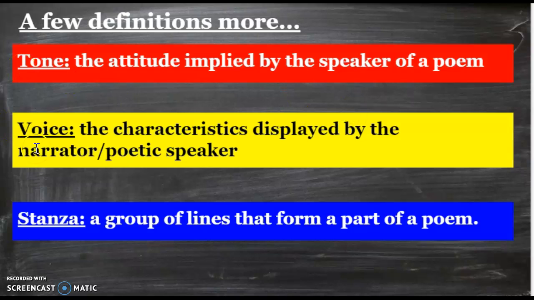Voice, so this is characteristics displayed by the narrator or whoever is speaking. So we can talk about the voice of the poem being whatever we hear or see from that person that's speaking in the poem. Okay, and then stanza is a group of lines in a poem. So you guys will see that, and again, some of the examples we're going to study together in a little bit. Today we're just learning these terms, going through them. Okay,